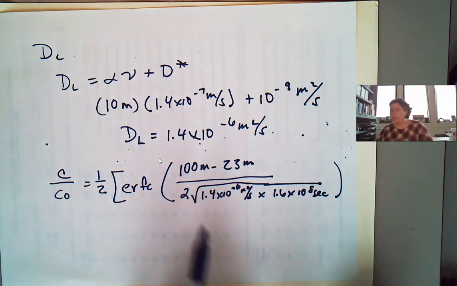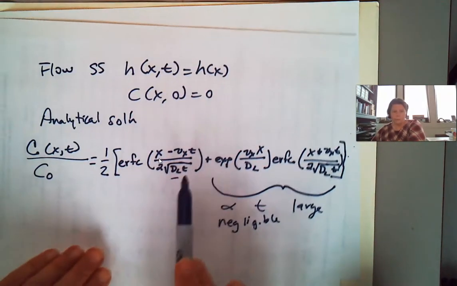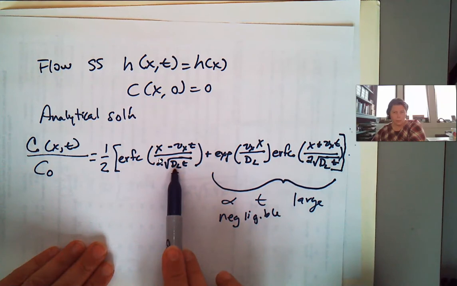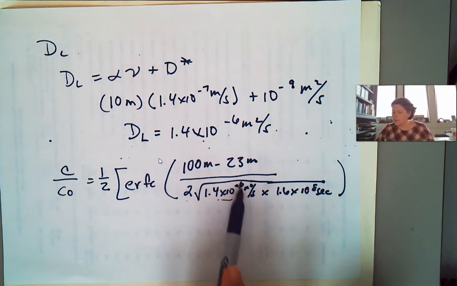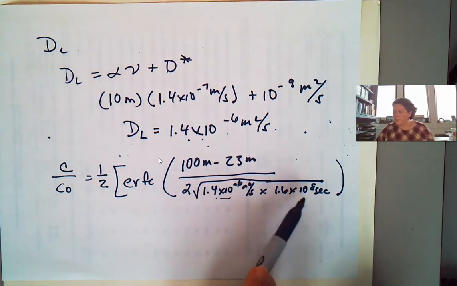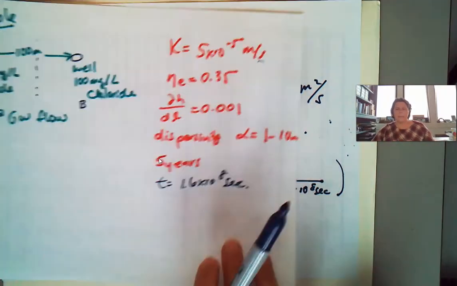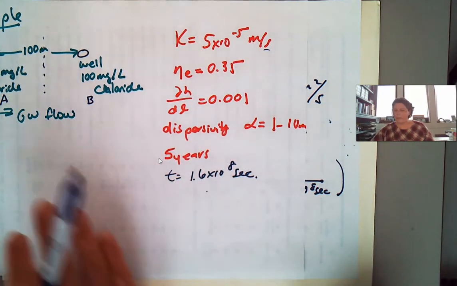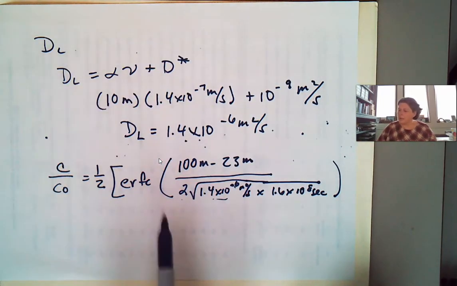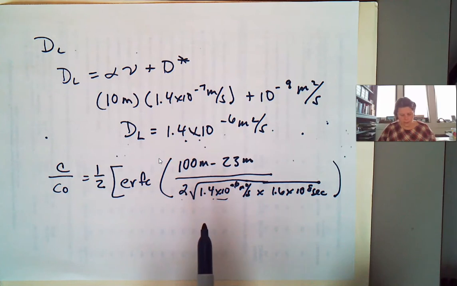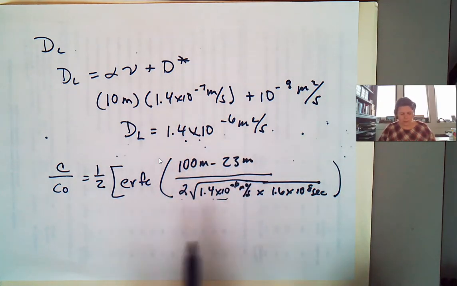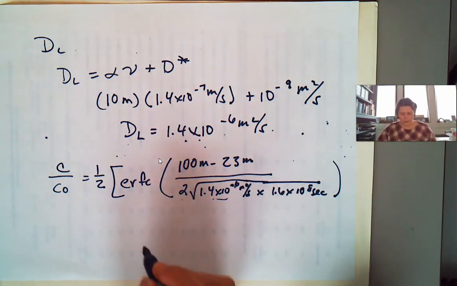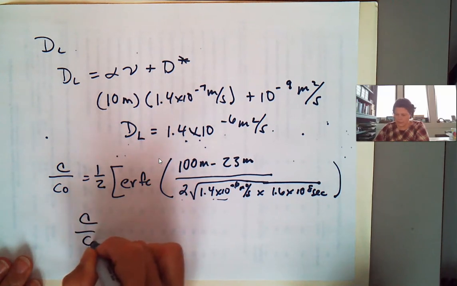We're going to be looking at 2 over our longitudinal dispersivity times time. So here's 2 times our 10 to the minus 6. We just calculated that up here. And then our 10 to the 8th seconds is because this is going for 5 years inside of there. And so when we do all of this, you do the square root and all that kind of stuff, and you put it all into your calculator, you'll get the C over C naught equals